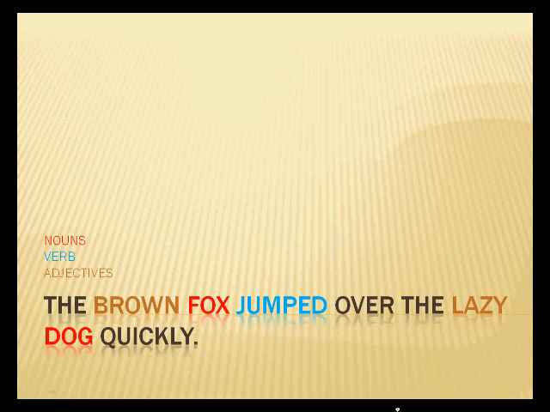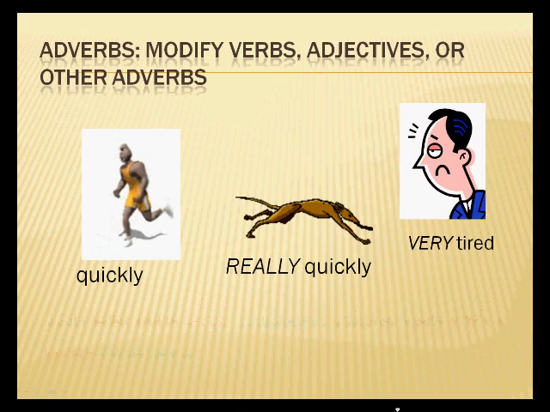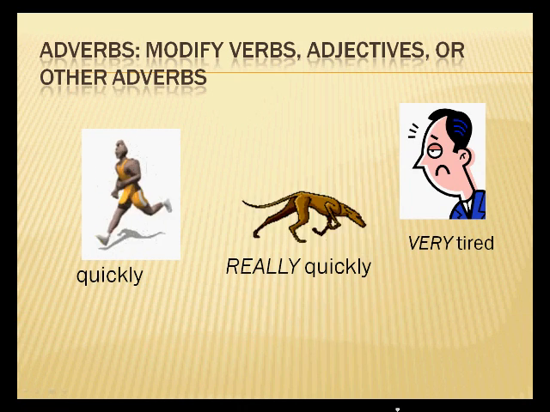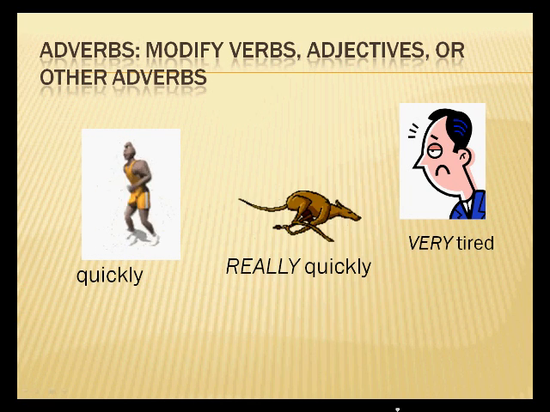Most of the time, adverbs can be found around the end of the sentence. So in this case, we have to think about, with the words I have remaining, the word quickly describes how the fox jumped. This would be the adverb. So again, adverbs help to modify verbs, adjectives, or other adverbs. Adverbs are very flexible and can be found in many different places in the sentence.